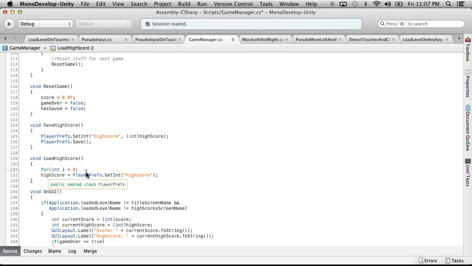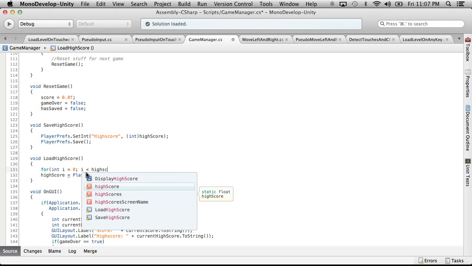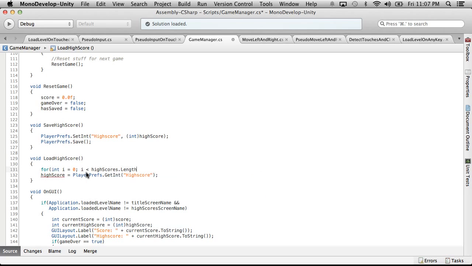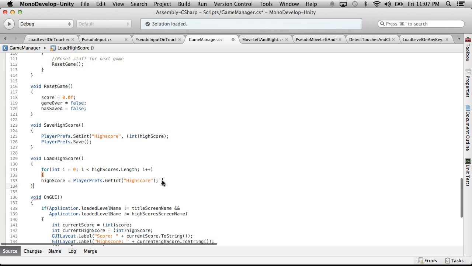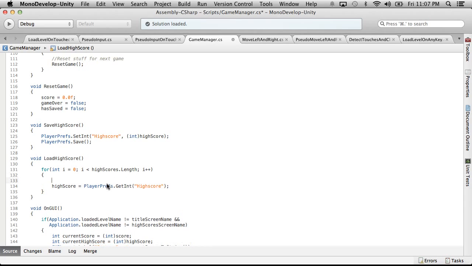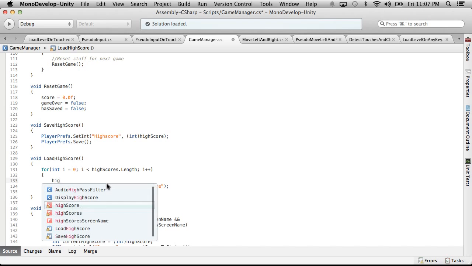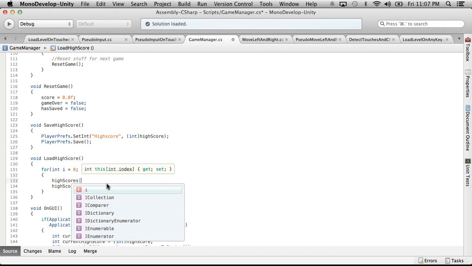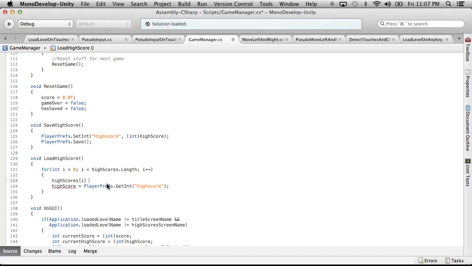That's our iterator. And we're going to say as long as i is less than high scores dot length, and then i plus plus. Note the semicolons and not the commas between these things. It looks a little strange because it looks like a function call, but it is not a function call. It is a built-in symbol. So for each of those things, we're going to say high scores i, so the ith item equals